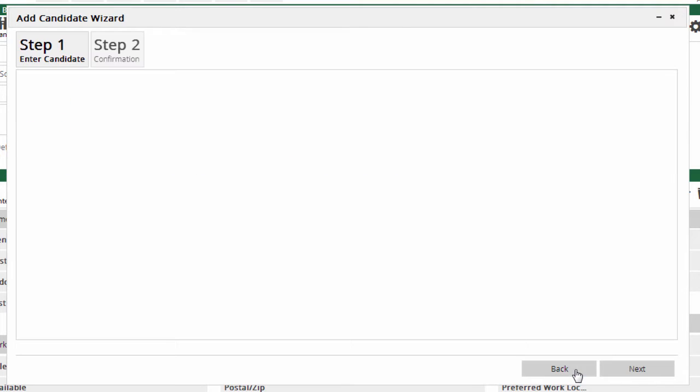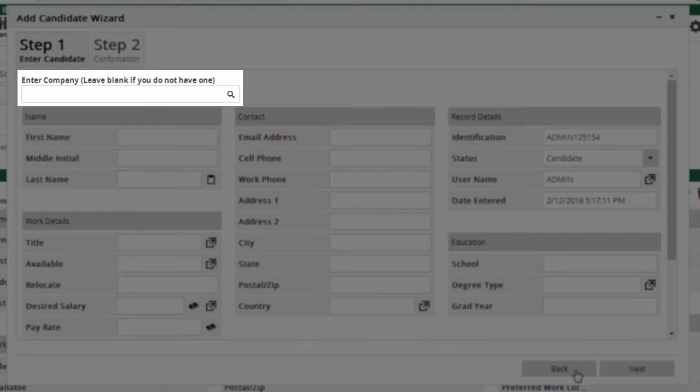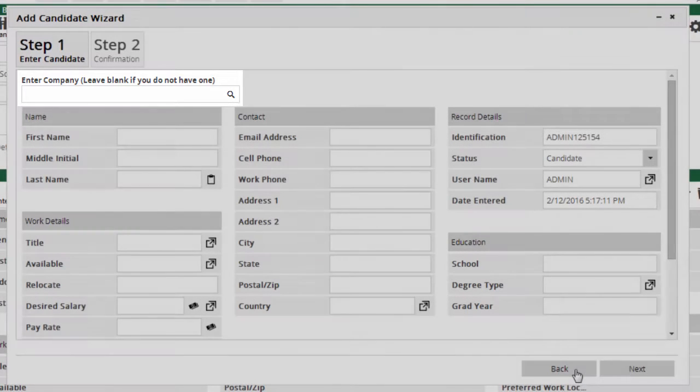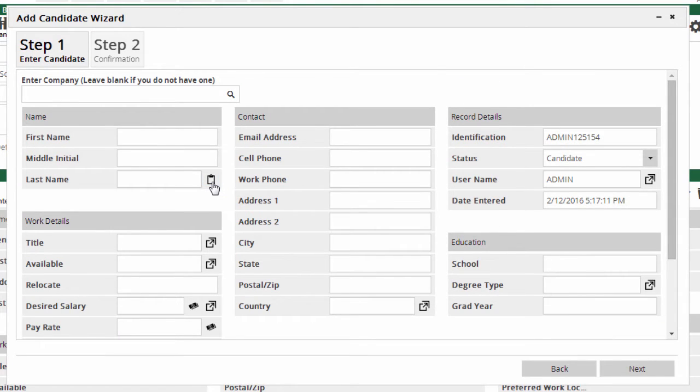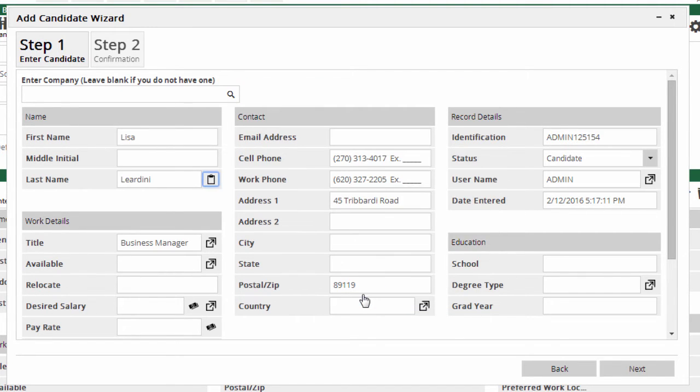After we click Start, the entry screen appears. At the top, we have a search box in which we can look up an existing company record if we want to add this new name to a company record that's already on file. If we leave that box empty, PCRecruiter will assign this name to the default company. One shortcut that's available on this screen is a clipboard icon to the right of the last name field. If you click this icon and then paste contact info into the box, say from a person's email signature, document,